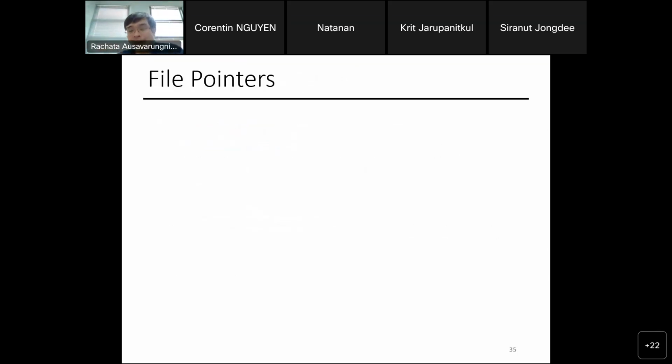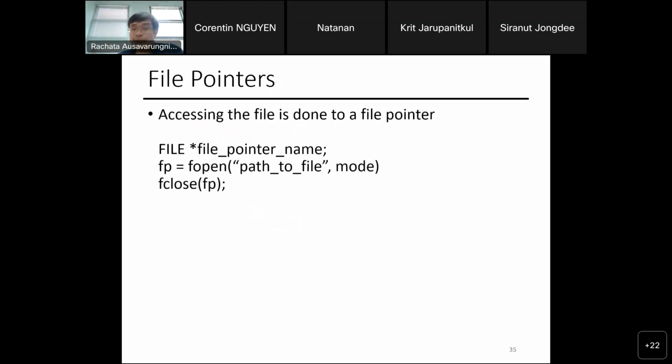Now, because assignment 3 would ask you to also handle a file as an input, we can use the file pointer for that. The way it works is, let's say I can do FILE followed by, right? This is a data type. FILE is a file pointer data type. So I can do FILE star fp. I can just name my pointer whatever name I want to, right?